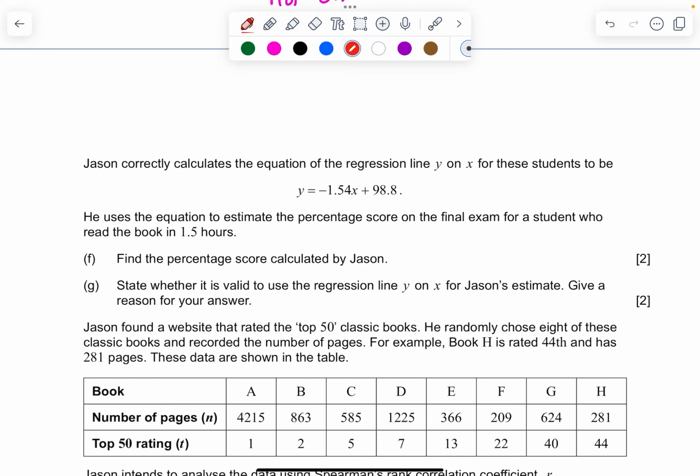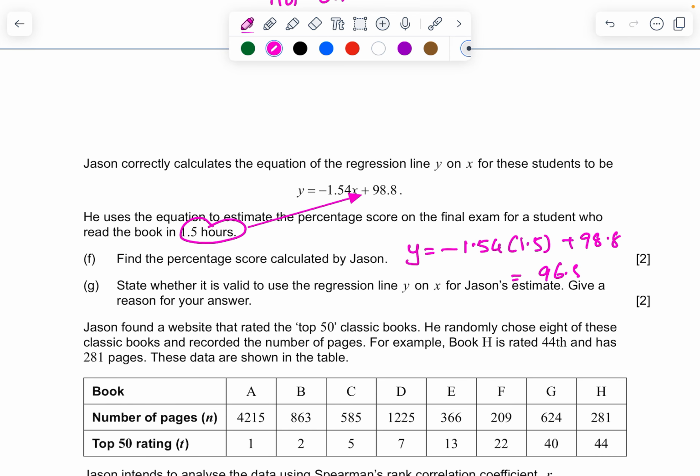And he has formed this one. Find the percentage score calculated by Jason. So for how many hours? 1.5 hours. So what am I going to do? Plug in 1.5 over here. So what does it become? Y equals minus 4 times 1.5 plus 98.8,